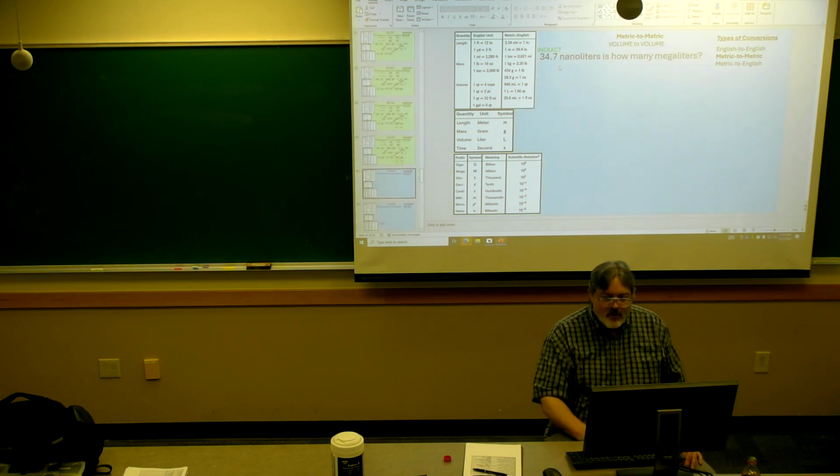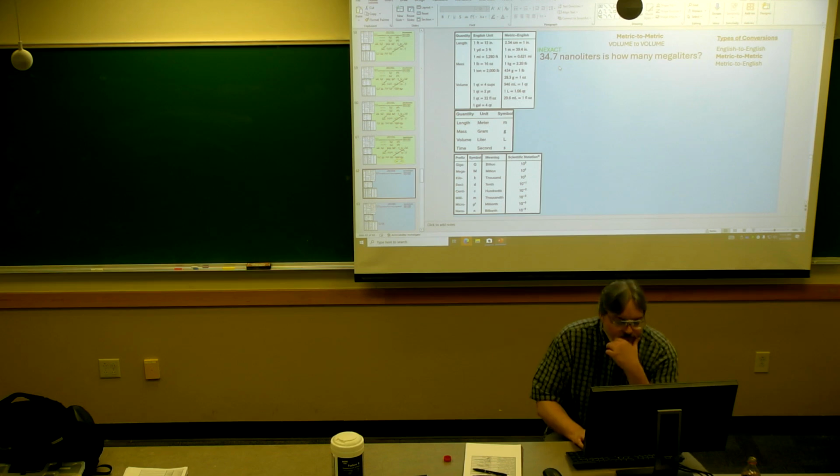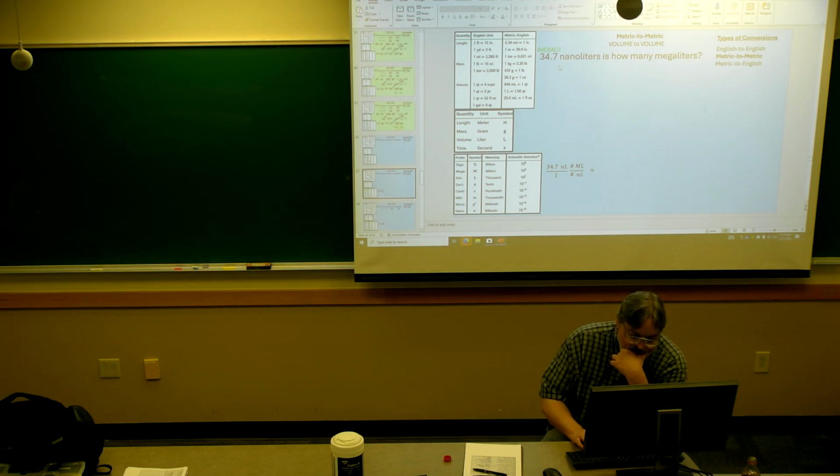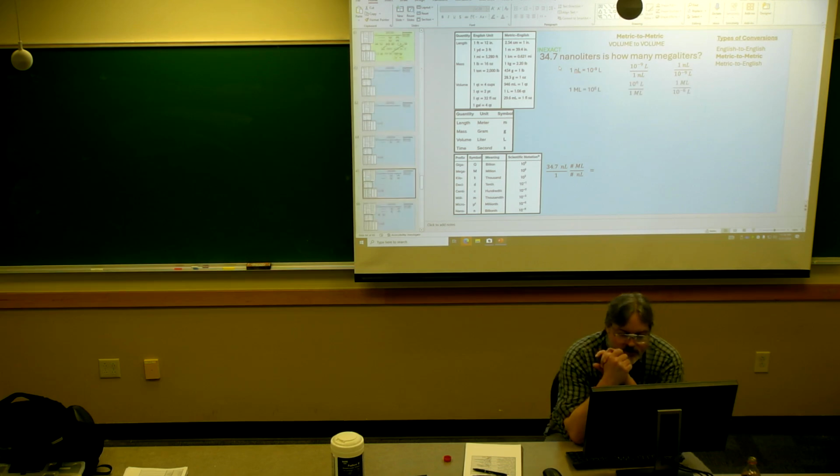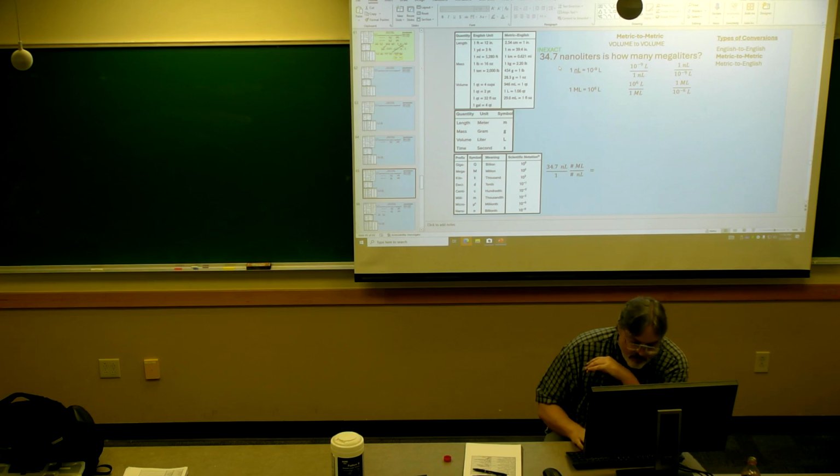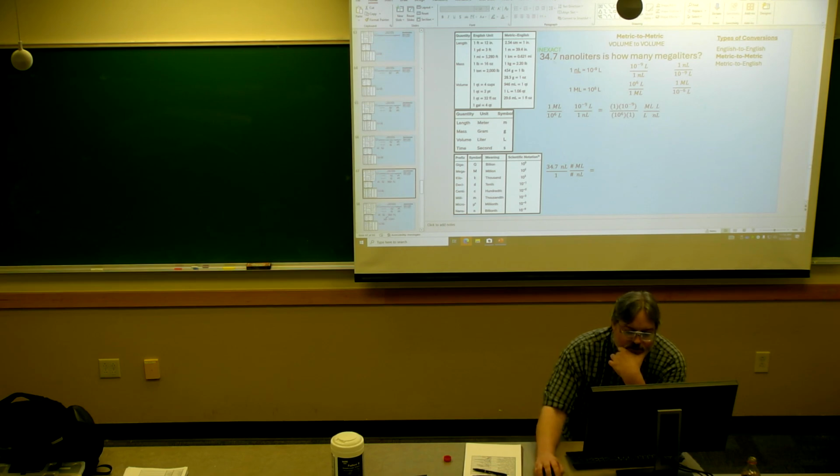Okay, I've got one more of these conversion types for metric to metric. Here we're going nanoliters to megaliters. So I've picked out nanoliters to liters, and I've picked out megaliters to liters to work with. Again, if you have a better way of doing this yourself, that's fine. So I get here, and then next,